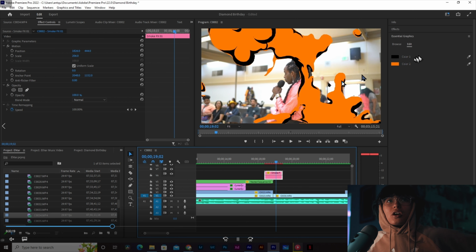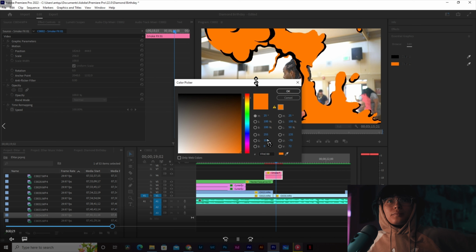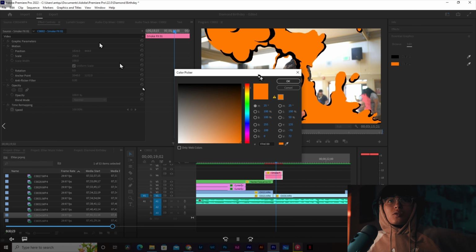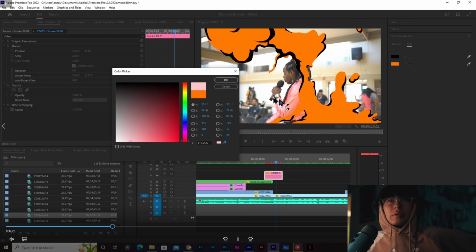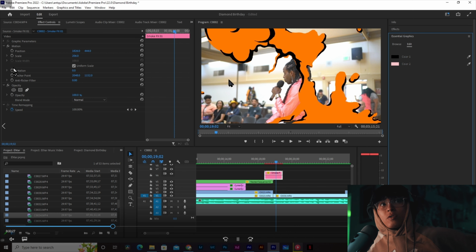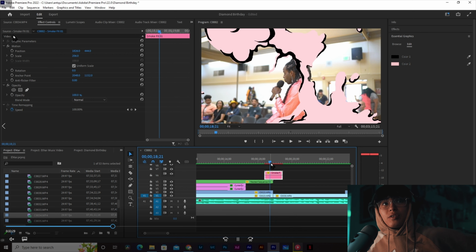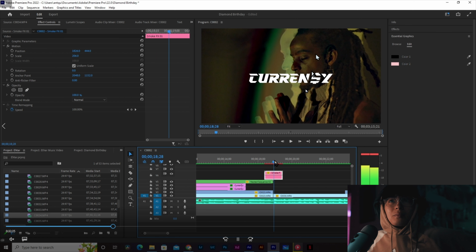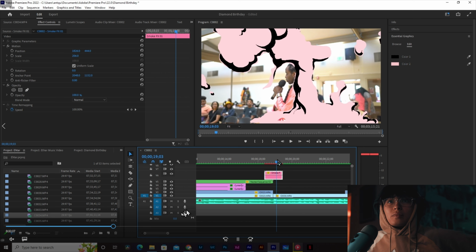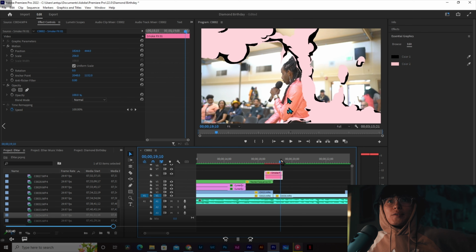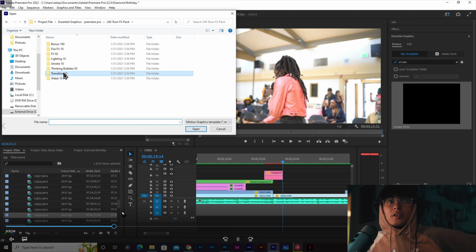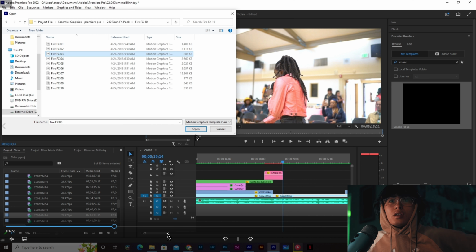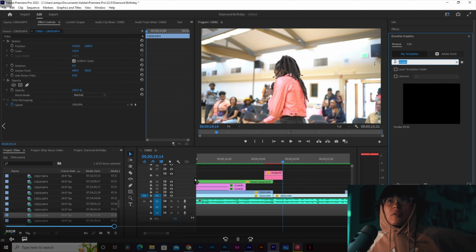So I just changed the colors, and I also adjusted the size and positioning. You can do that all right here on the motion tab in the video tab, or the Effects Control tab. I decided to do a little pink and black colorway, kind of to match with his fit right here. And this next one, you can see I'm doing the same thing with the